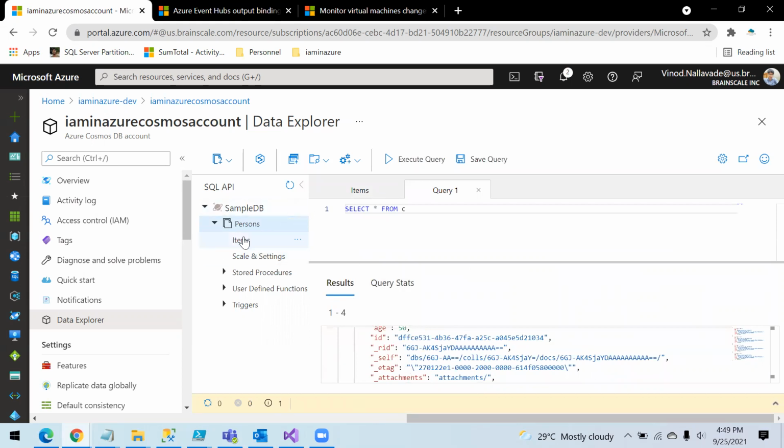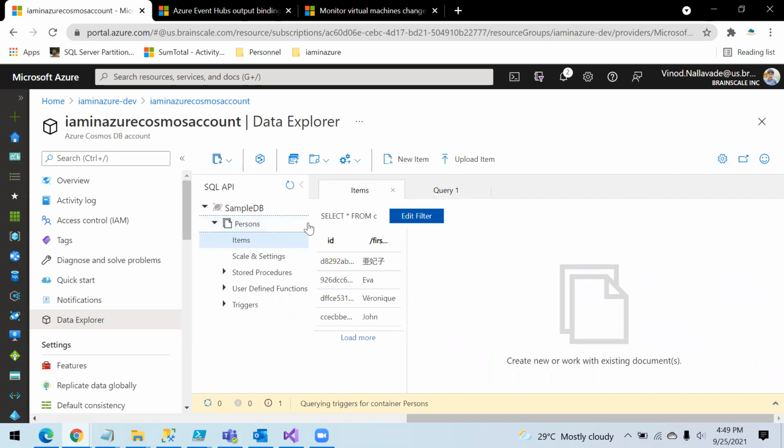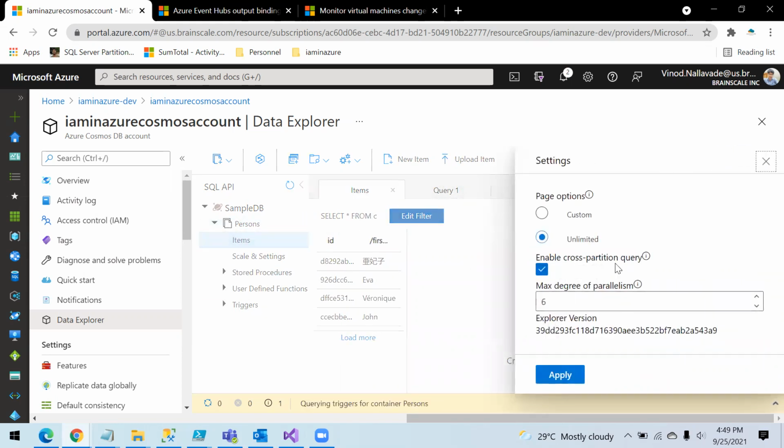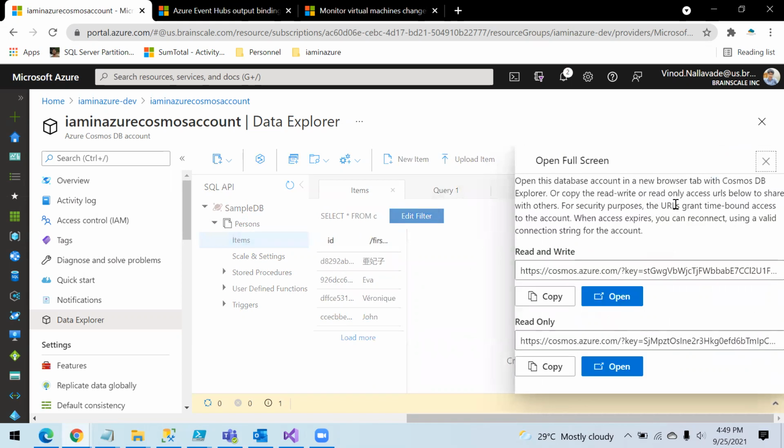If you look at this items now, or else the properties of this, person settings, okay, let's just expand this in a new screen.